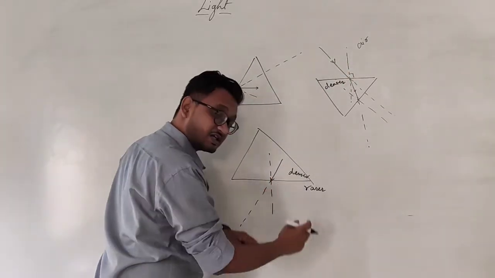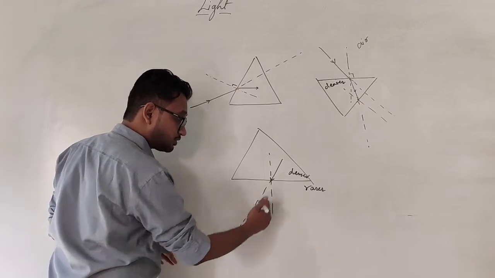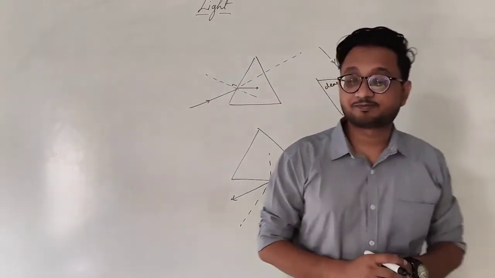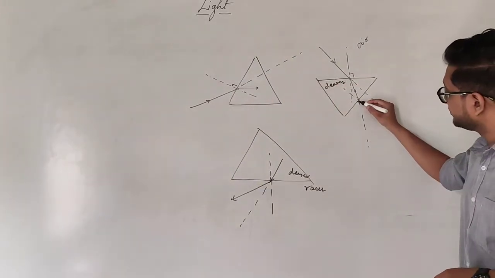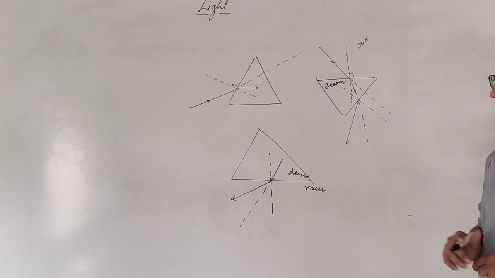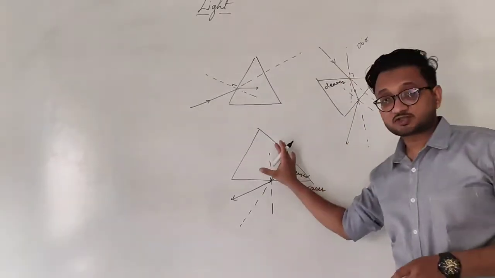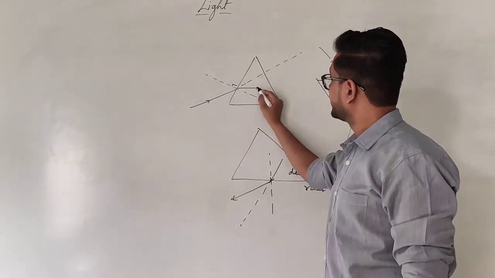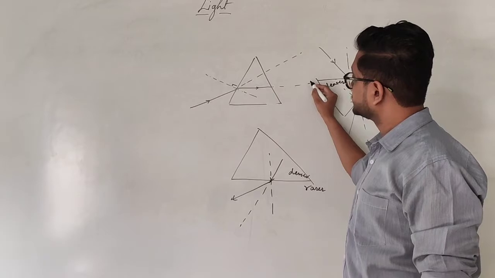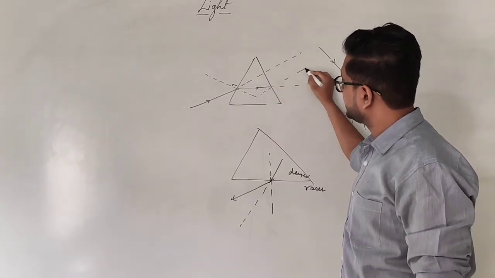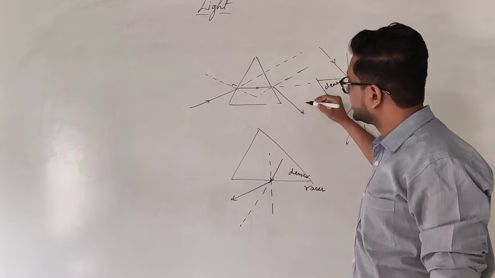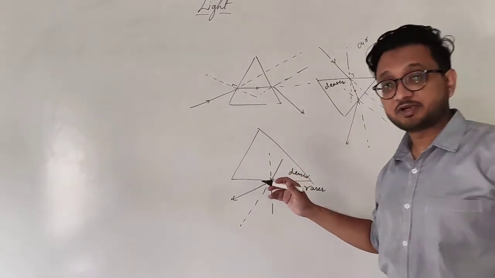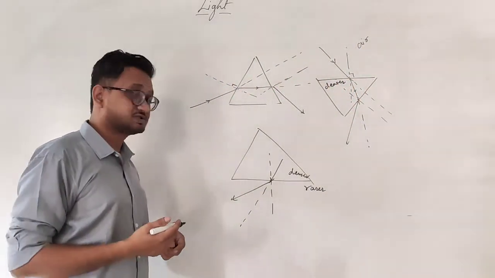Now it is going from denser to a rarer medium, and this is where it is supposed to go. But this is a normal, so it will move away from the normal like this. And what happens is at this point it will move like this, away from the normal. I just tilted it so that you can understand even better. So what happened in this case, the ray of light was supposed to go this way, went over here, and this is where it was supposed to go, but we have a normal over here as well like this, and it goes away from the normal like this. And this is our last case on the third side, how it is reacting with the surface and the mediums.